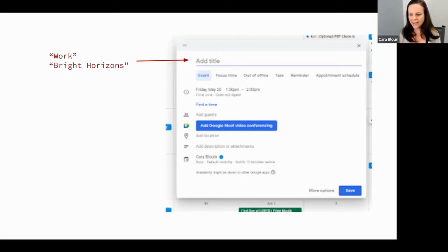Where it says add title, you can write work or the name of the place that you work. Now, I know not everybody in this class works full-time, and I'm not assuming that you have a job, but I know that you probably have another thing that you do that occupies most of your day. So if you're not working, if you're volunteering, or if you're doing something with church or you're parenting, then you can put that in this box here. But if you have a job, you can put the name of your job, for example, Bright Horizons,